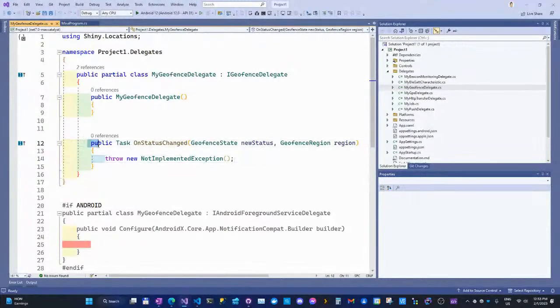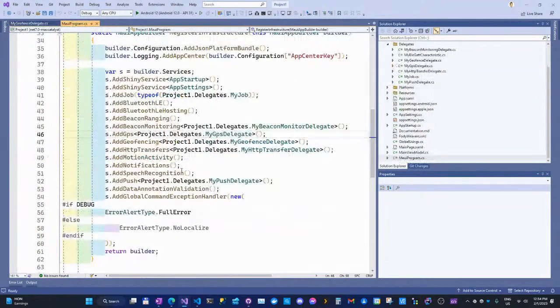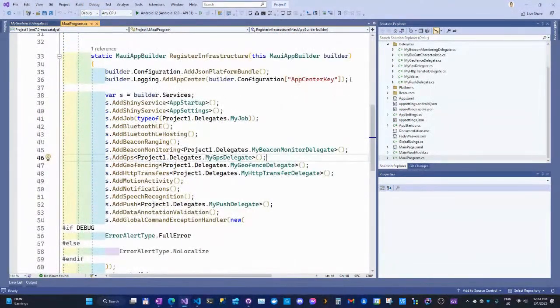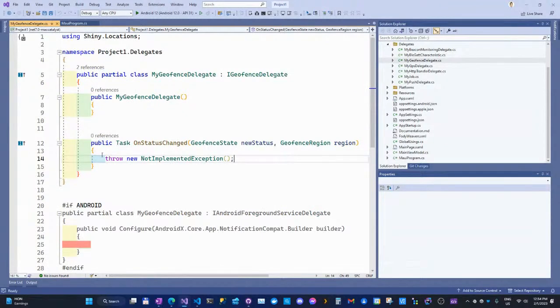From here, what happens is this is all try-catched around. Shiny's done that for you. So if you write some code here that's offensive and it dies or it gets timed out, Shiny's going to catch that and report it. If you've plugged in App Center, which in this application, I'm pretty sure I did, there it is. So I built in the App Center logging. This is going to show up. If this service dies, Shiny will push it to App Center for you. You will see what's going on with it.